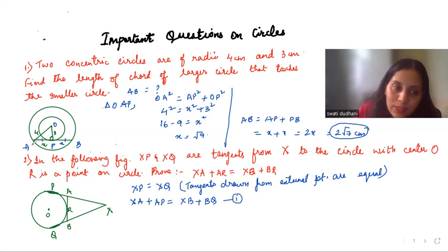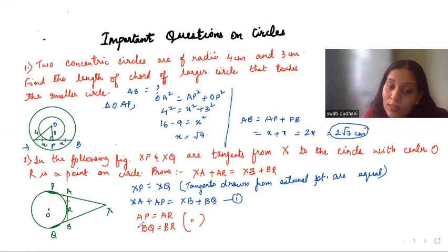Let us leave it here. Now, here we also see that AB is a tangent. AB is a tangent because it touches the circle at one point. So since AB is a tangent, we can also write AP is equal to AR and BQ is equal to BR. Same reason, tangents drawn from an external point are equal in length. So external point here is A. So AP and AR are equal. Here it is B. BQ and BR are equal. I hope this is clear.